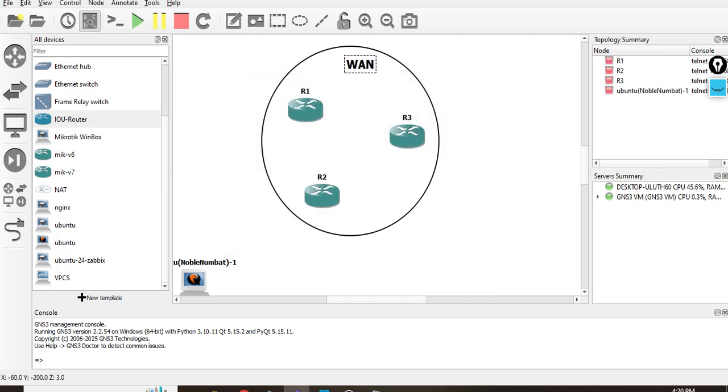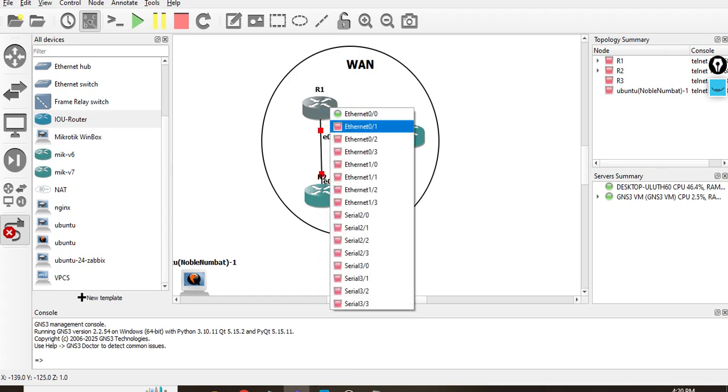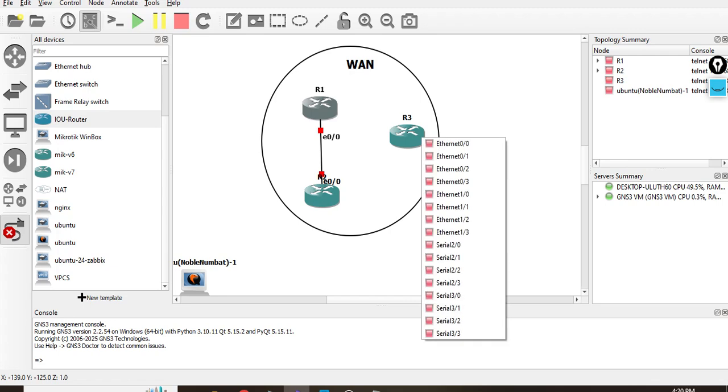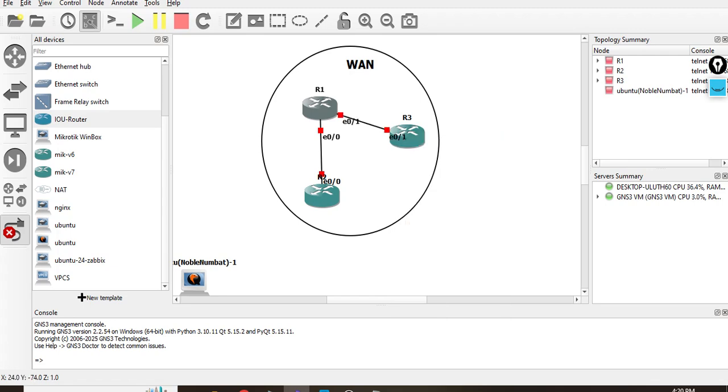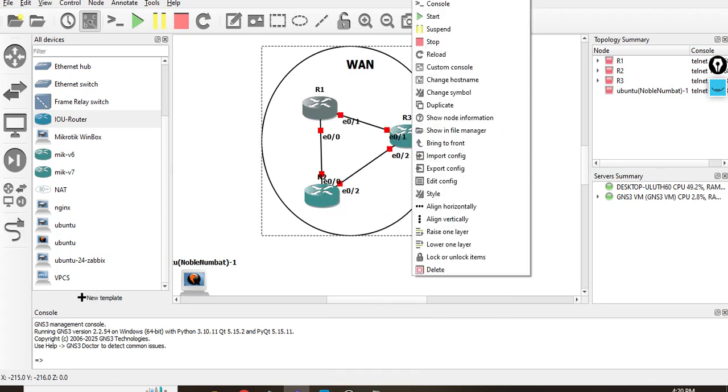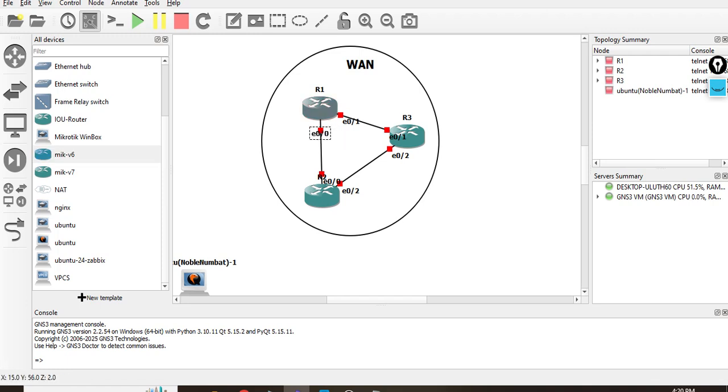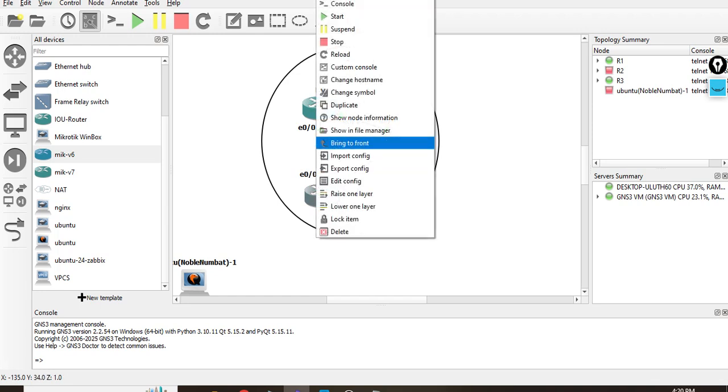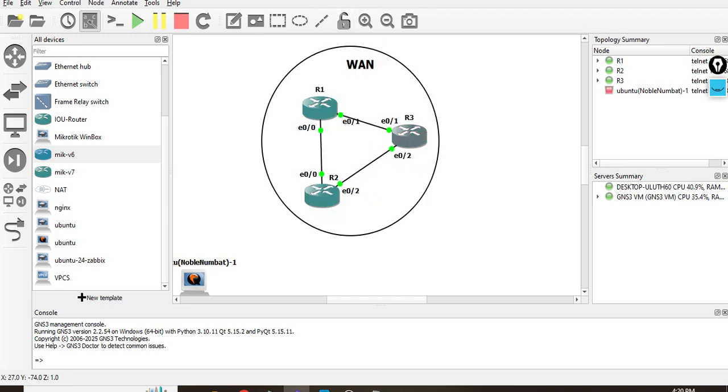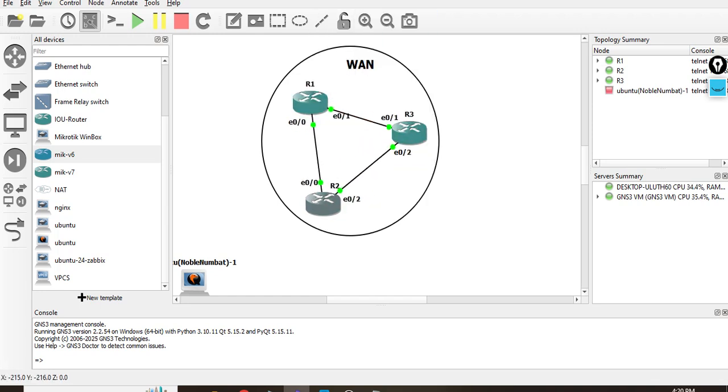I think it's okay. And come here and connect Ethernet 0 to Ethernet 0, and here and here. Now power them on, and here and these two. Okay guys,